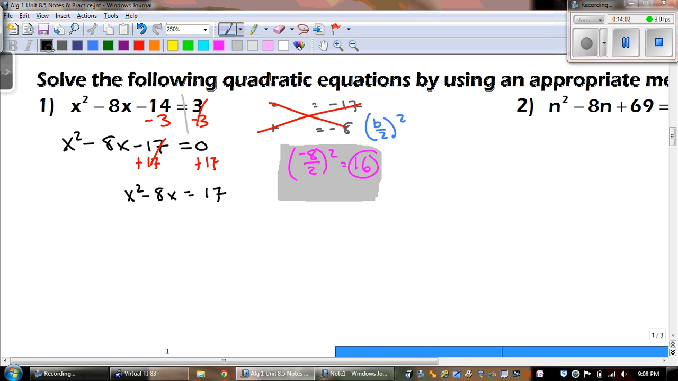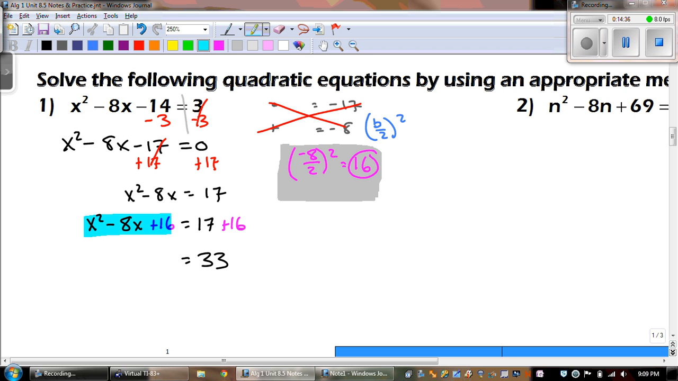Okay? So we have x squared minus 8x, and that's where we are adding 16, equal to 17. And then what we do to one side, we have to do to the other. So we're adding 16 to both sides. On the right side, 17 plus 16 is 33. And now on the left side,